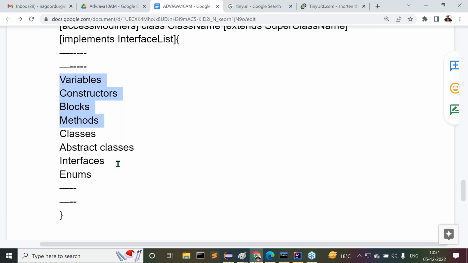Is it possible to declare a class inside an abstract class? Is it possible to declare an abstract class inside an abstract class? Is it possible to declare an interface inside an abstract class? Not only that, is it possible to declare a class inside an interface? Is it possible to declare an abstract class inside an interface? An interface inside an interface? These many questions might be asked by the interviewer. Anyway, remember this. The simple answer for all these questions is: